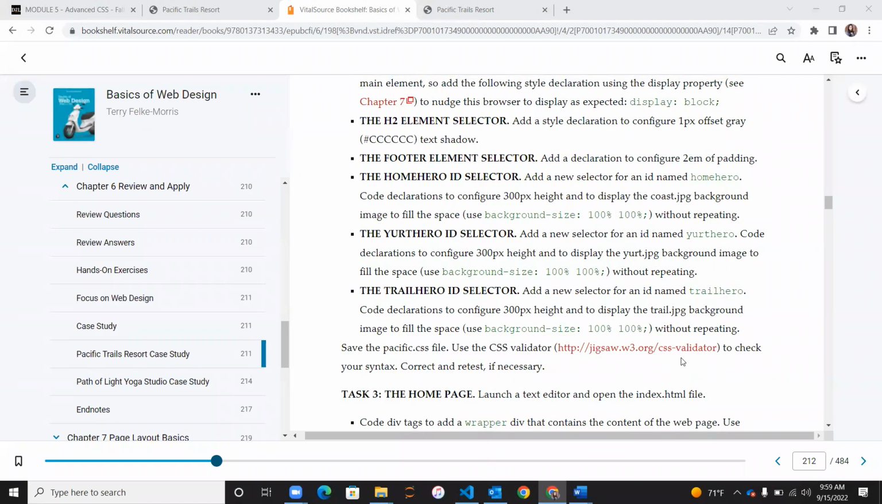Home Hero ID selector. Add a new selector for an ID named Home Hero. Code declaration to configure 300 pixel height to display course.jpg background image to fill the space without repeating. In Youth Hero, ID Hero also. So what we're going to do here,